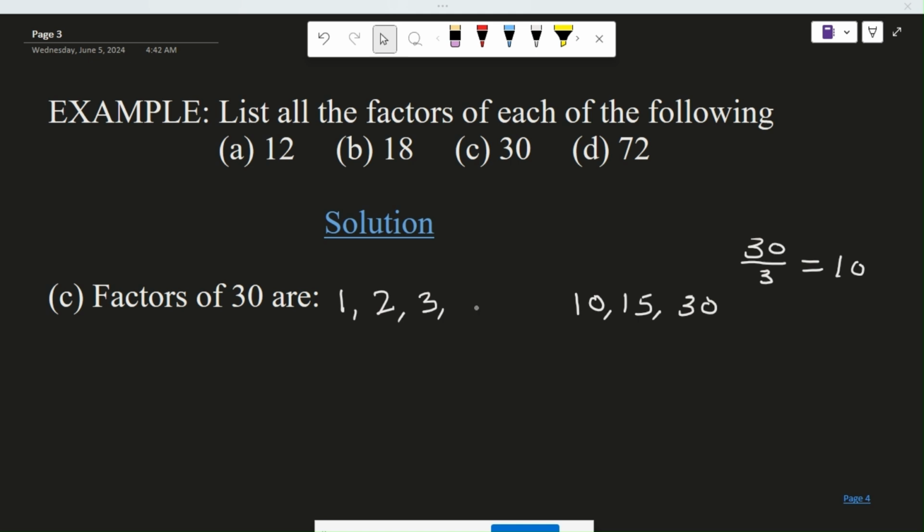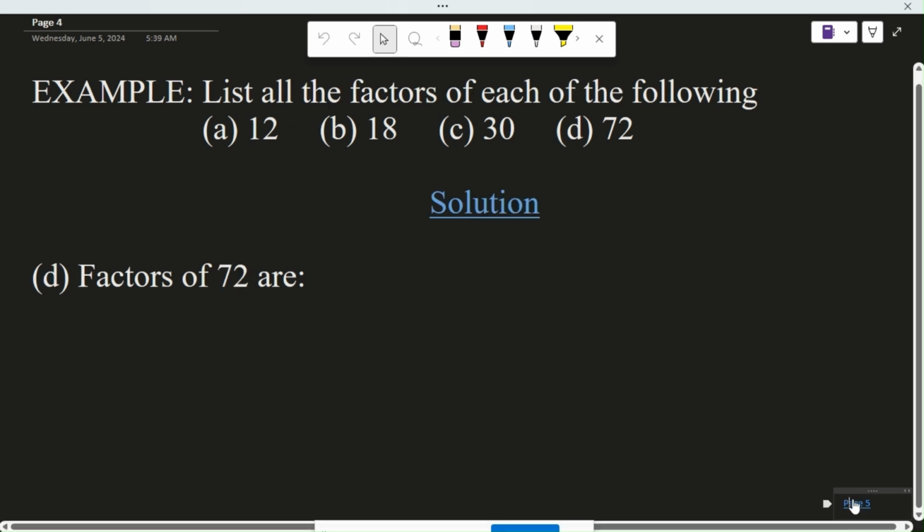So I'll write 5, then I'll write 6. Then as long as after 5 I'm supposed to use 6, 6 is already on the list, then I am going to stop here. Alright, so we'll move on to the last example,